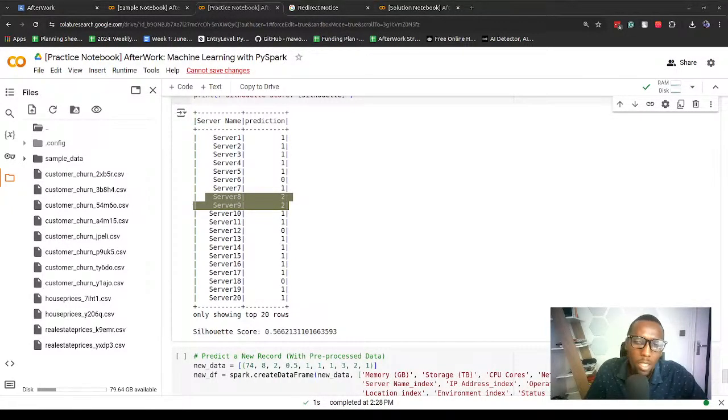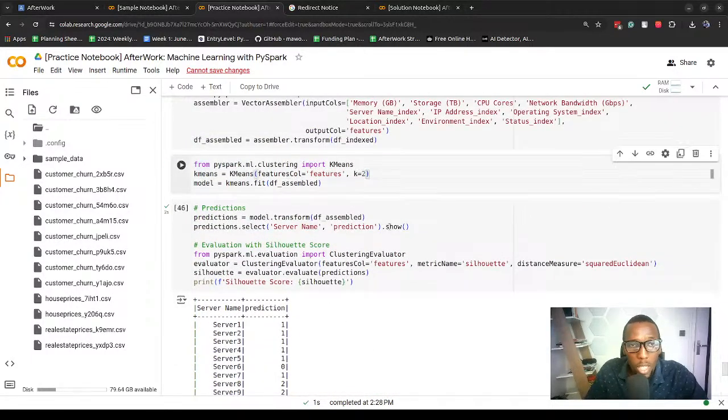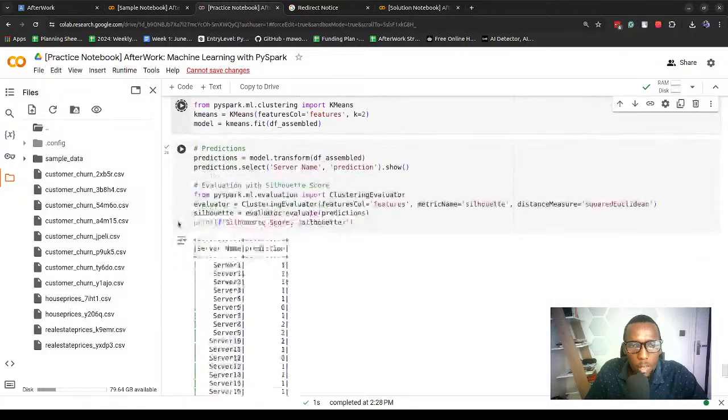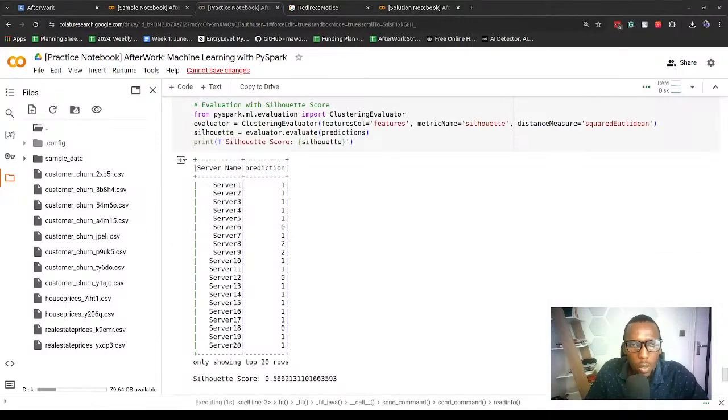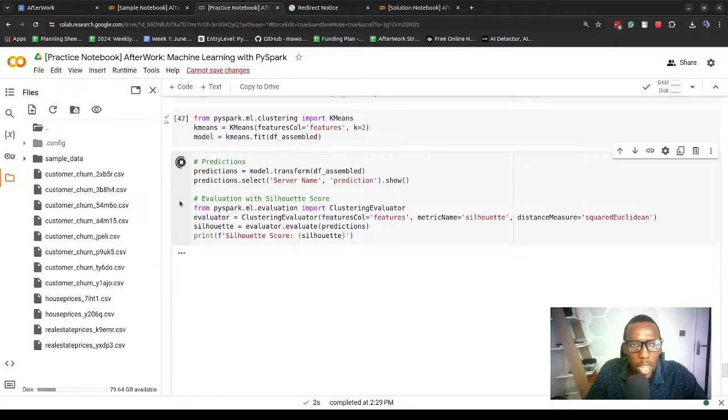Normally, Silhouette score ranges from -1 to +1. So what we will need is something that's closer to 1. If we change maybe this to 2, we can change and see what happens. We have 0.56, so let's change that. We've changed it to 2, and let's see whether